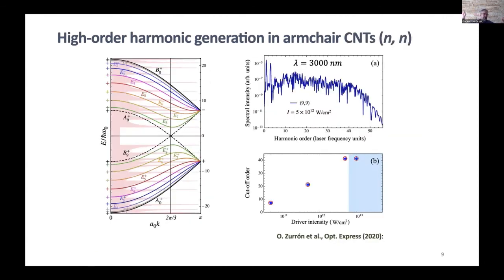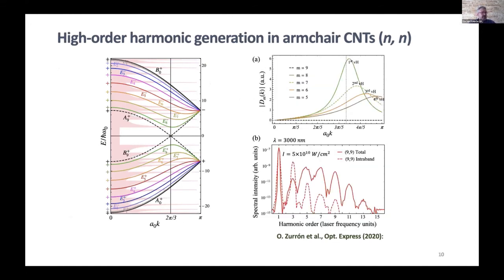A similar pattern is obtained upon irradiation of carbon nanotubes, with a non-trivial cutoff scaling that also saturates at the largest intensities. This result allows us to make a similar treatment of high harmonic generation both in graphene and in carbon nanotubes. But there is an interesting difference with graphene. In panel A, I show the magnitude of the Berry connection between the conduction and valence bands. Note that the matrix element is null for the band crossing at the Dirac point.